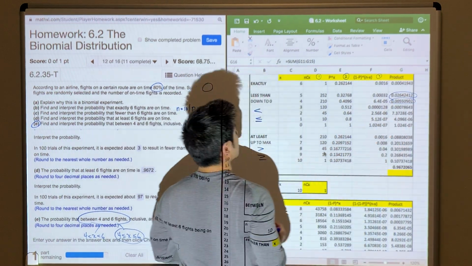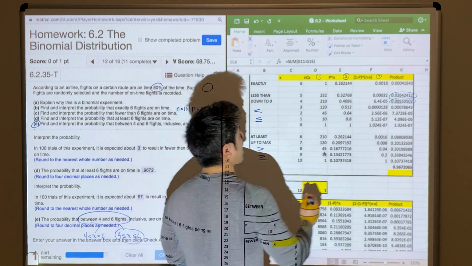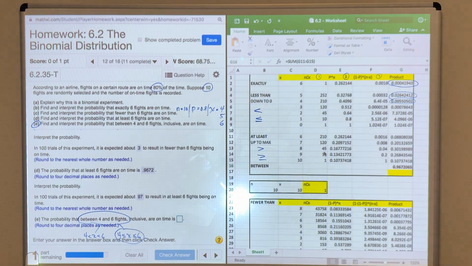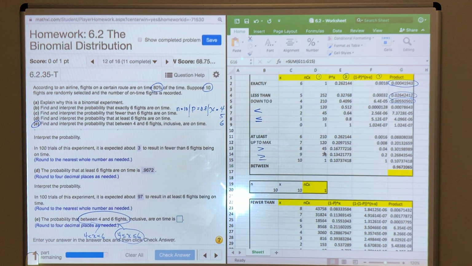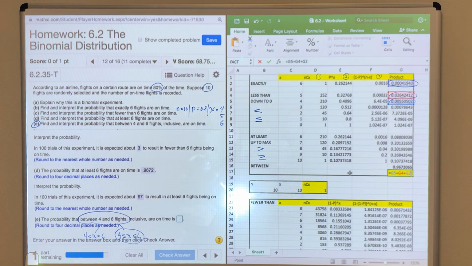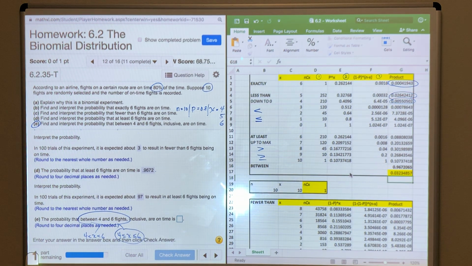I do. Probability for 6. Do I have that? I do. They're all right there. So what do I need to do with those? I need to add them together. So if I come down here, I'll hit the equal 4 plus 5 plus 6. Those three probabilities are what they're looking for when we're doing the between case. And so there it is,